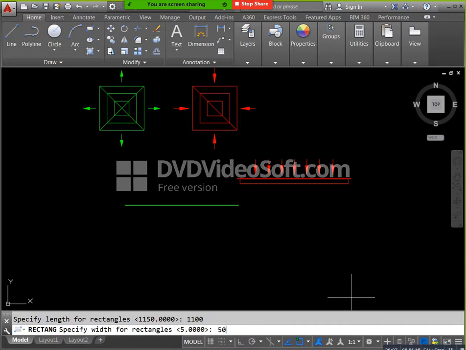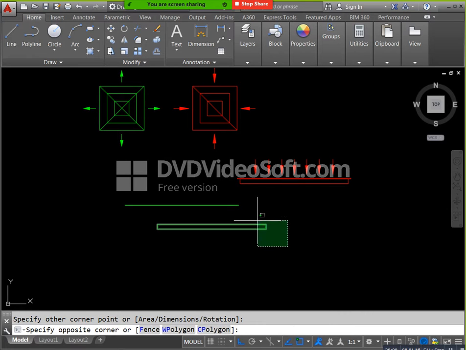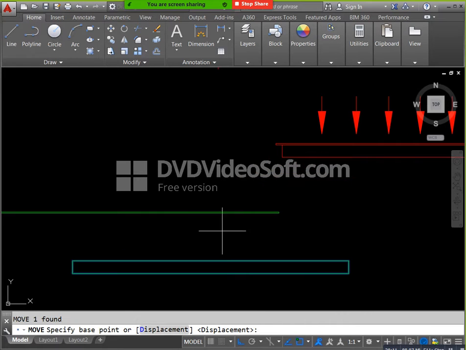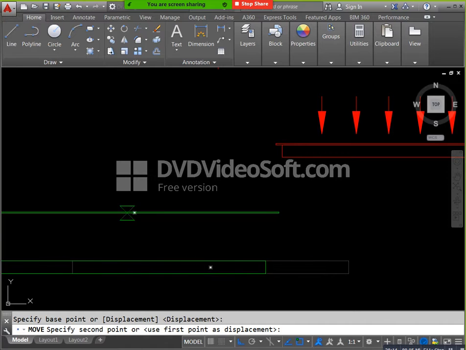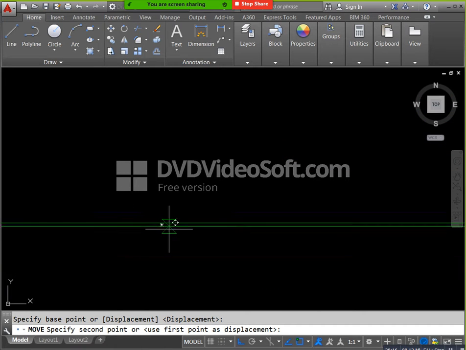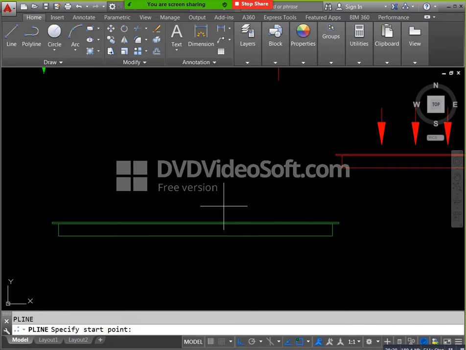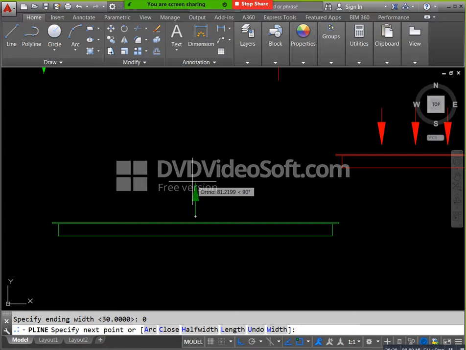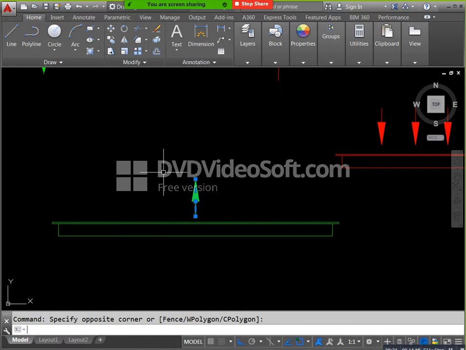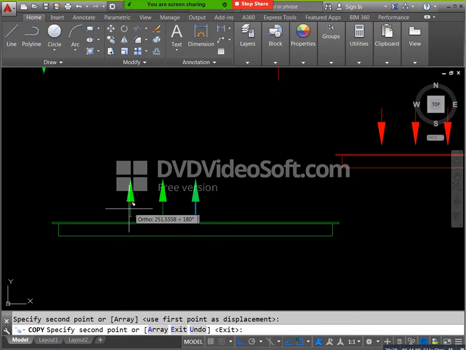Just you can select here, you can apply 60 and you can apply width. How much? 30, 0, 90. Select this one, you can do copy. Just you can do mirror. Okay, this is apply, and you can select this one. You can change a layer into RCG.